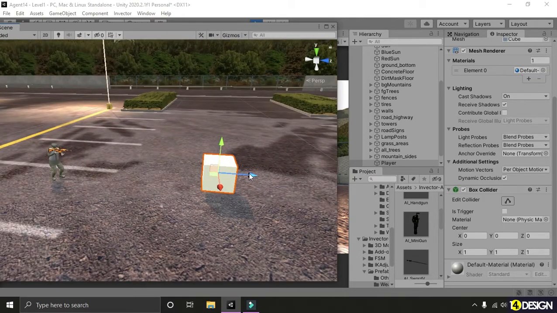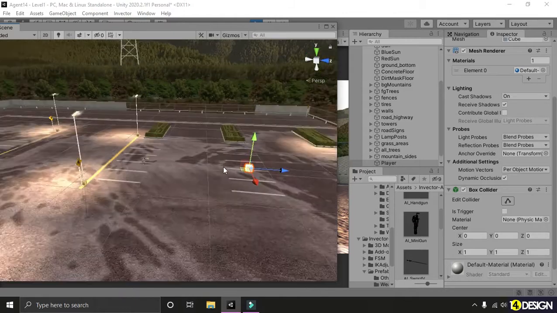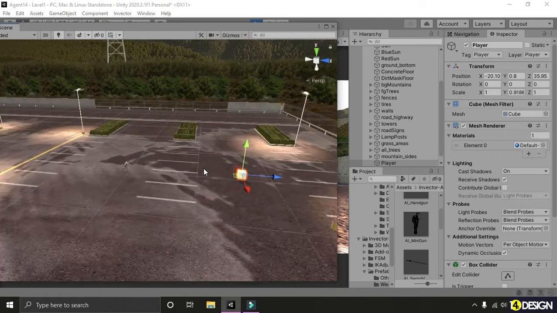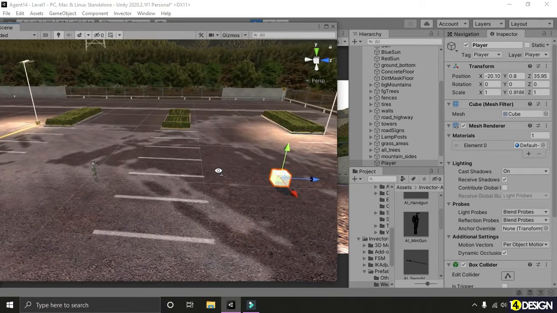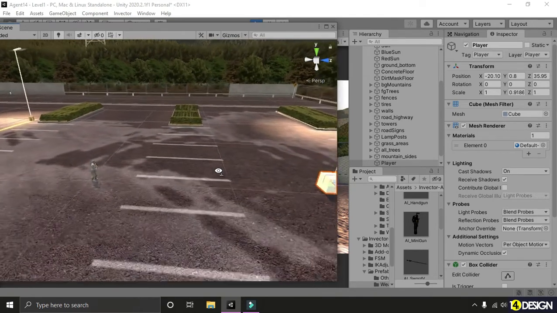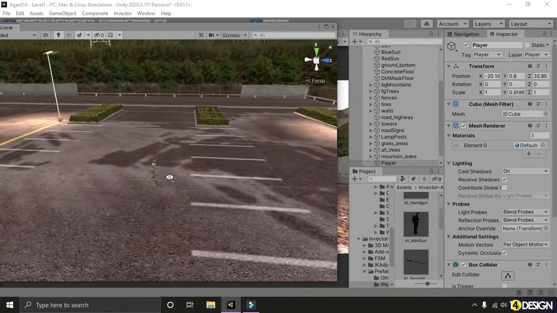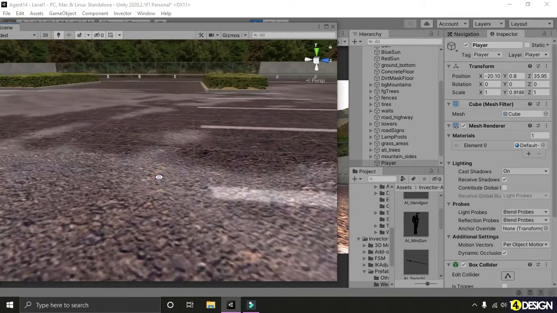There you have it, guys. That's how you create a shooter AI. Oh, as you can see, look, he was following it. Look, he was running after it, and as soon as it got out of its range, it stopped.